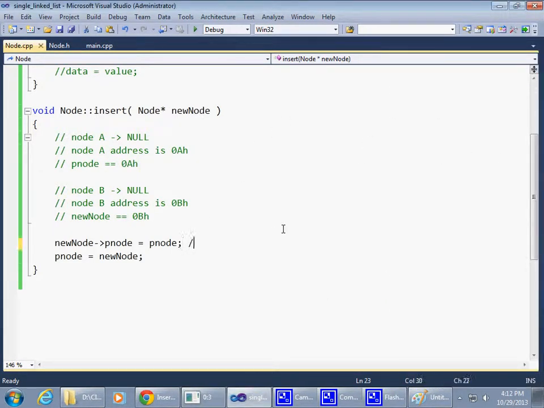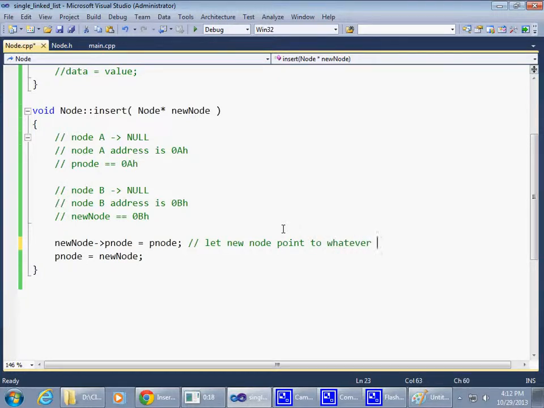In other words, we can comment on this node. Let new node point to whatever this node was pointing to, right? So of course the new node is node B, and this node is node A,